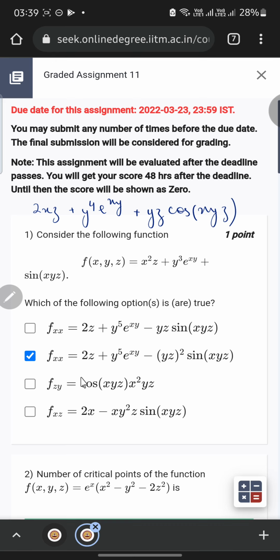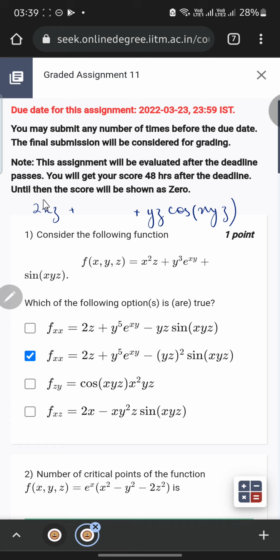Now we will take the derivative with respect to z. With respect to z, this term would be 0, I'll remove this, and for this we will be getting